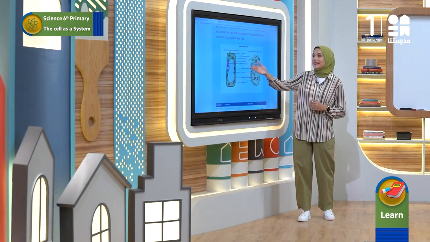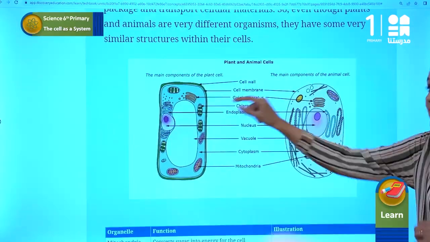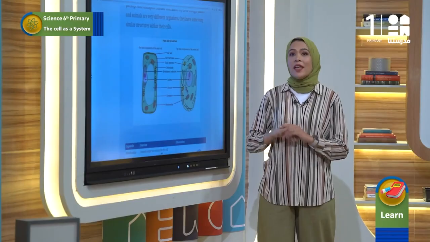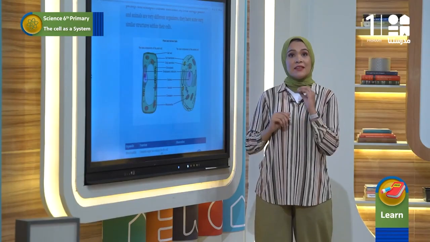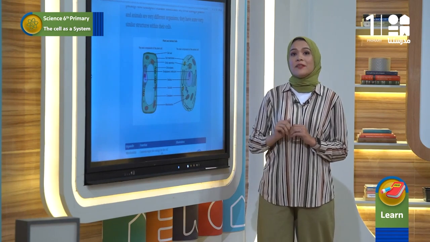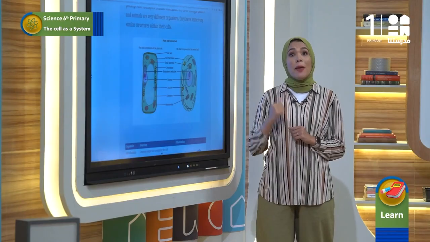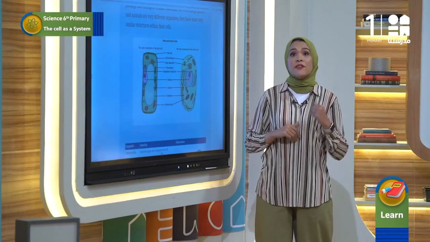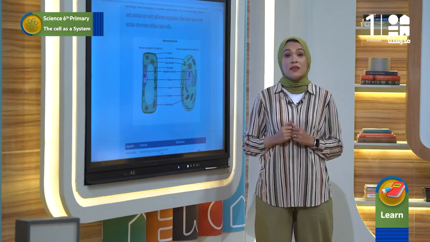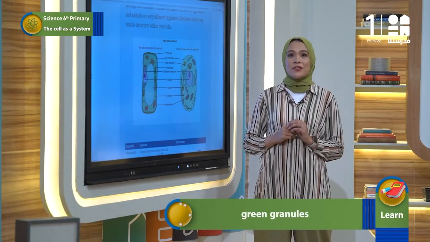This is the diagram of a plant cell. What is this organelle? It's the chloroplast. You observe that it's only found in the plant cell? Perfect. Now, what is the function, do you think? You remember the plant cell in the investigative phenomena? It was green. That's because it has green granules.